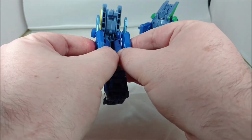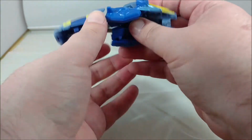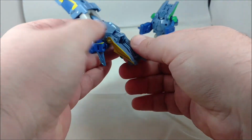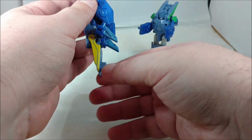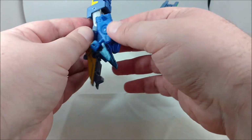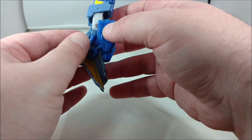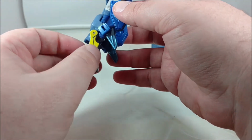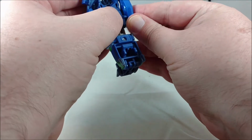the arms into those tabs, bring the feet back down, fold down the head while finagling with the little flap here, and this will form the arm. He really doesn't, Galvatronus doesn't have real hands. He has claws, which we will get to and discuss in a moment. On mine, the flap here is a little loose. You do it again here on Skyjack. Get those